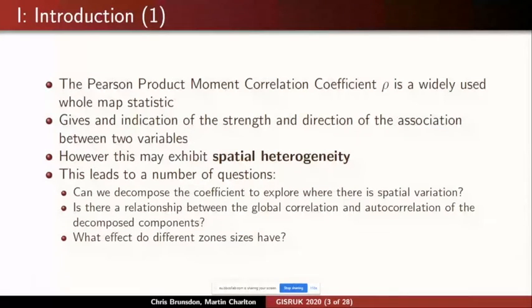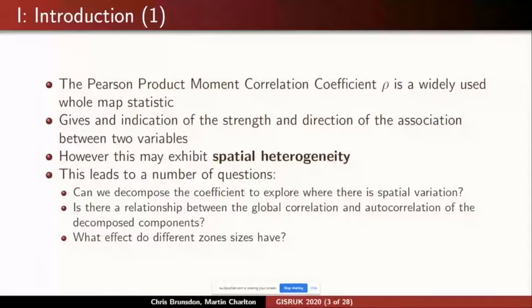So this then leads us on to a number of questions. So can we decompose the correlation coefficient to explore where there is spatial variation, presupposing that our data are for some sort of spatial unit on the surface of the Earth? Then is there a relationship between the global correlation and the autocorrelation of the decomposed components? And then the third one which came to mind is, is there a map effect? In a sense, we really had not much of an idea what was going to come up,